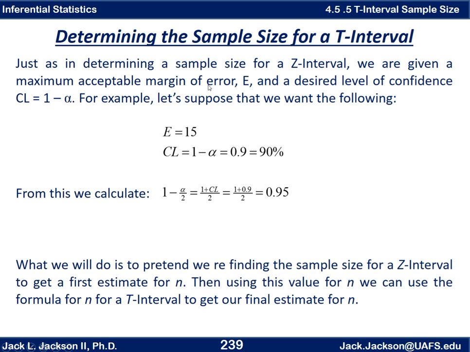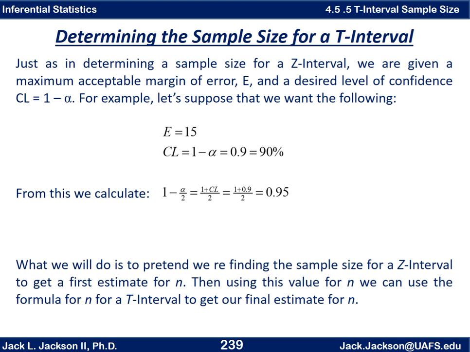Just as in determining a sample size for a z-interval, what we need to do is get a maximum acceptable margin of error. So we don't want the margin of error to exceed a certain amount, and we lock that in, an e-value. And then we also decide we want a confidence level, 1 minus alpha, and we lock that in. So let's say, for example, suppose we decide up front that we want our margin of error to be within 15 units,